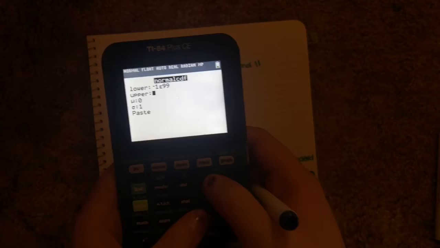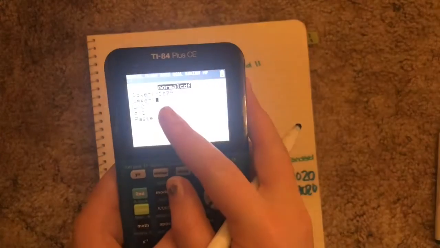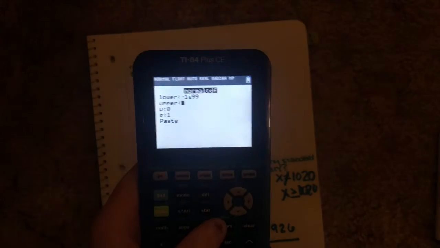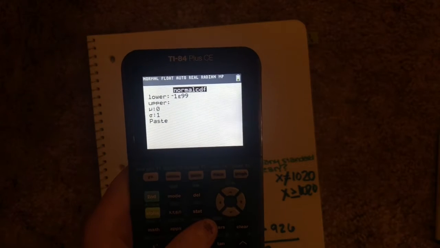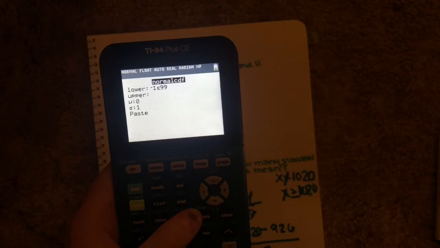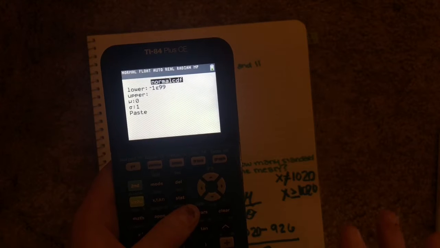So once you get here on your calculator, you're going to want to put your z-score that you found where on here it says upper. So you're going to go ahead and, wait, actually you're not going to put your z-score there. I'm sorry, I got too excited and misspoke. Actually, the best way to do it is to put in the,